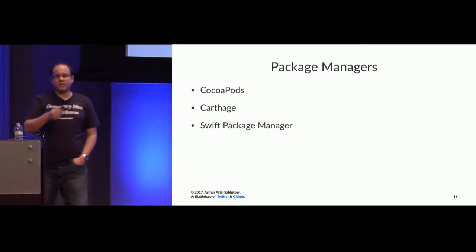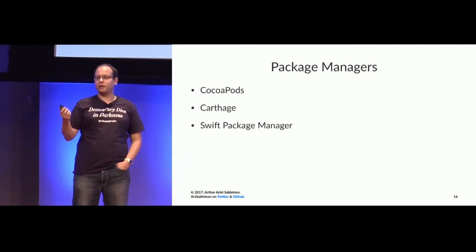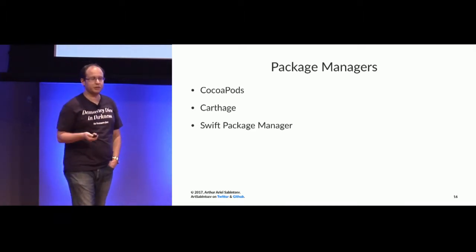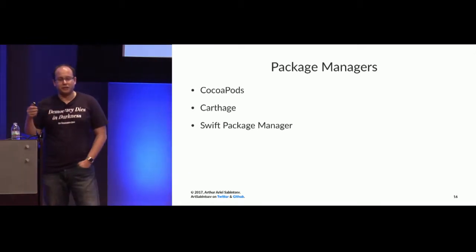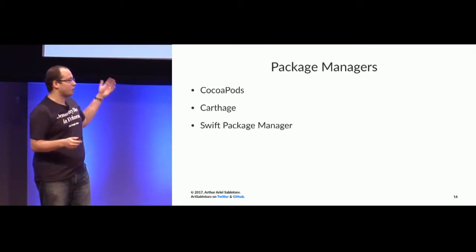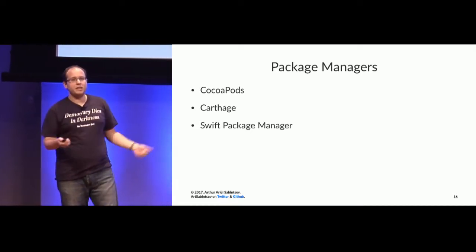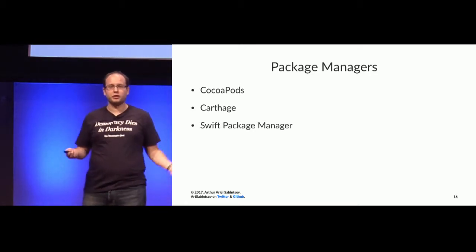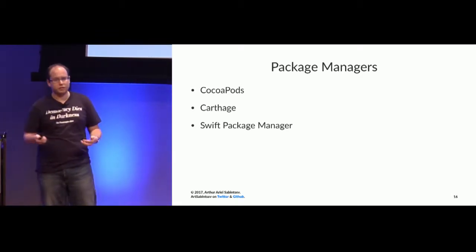What's interesting is when you support 3 package managers, your repository becomes very weird looking, because each of them is opinionated and has different rules that you have to implement. Sorry, they are not mutually exclusive. Rather, they do not depend on each other, and they can all live together, but they're totally different sets of rules. For CocoaPods, you need a podspec. That's it. It's great. That's why I love it. For Carthage, you need a sample project with a shared scheme and a dynamic framework target where all your source code is in the dynamic framework target, including, I think, the bundle, in case you have image assets.